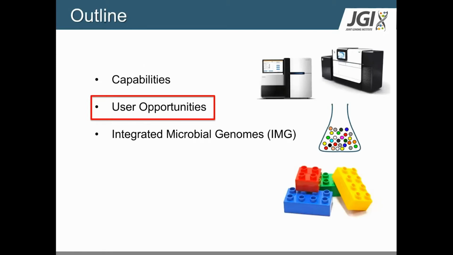Okay, so you can gain access, as I said, to all these products, some of the ones that I talked about, and a much more expanded set that I didn't talk about, by submitting a letter of intent. Generally, that letter of intent is really to check to see that the proposal that you submitted is of DOE mission relevance. It's not a study about human genomes or something like that, but it's of DOE mission relevance. And at that point, you're invited to submit a white paper proposal. And then those white paper proposals undergo a peer review process by the scientific user community. And so,